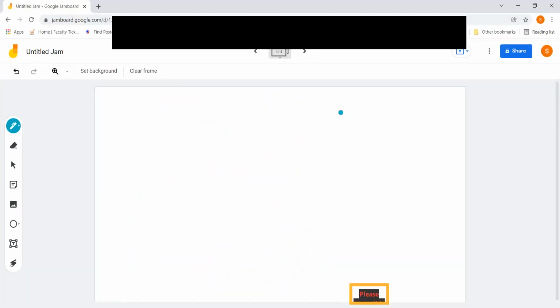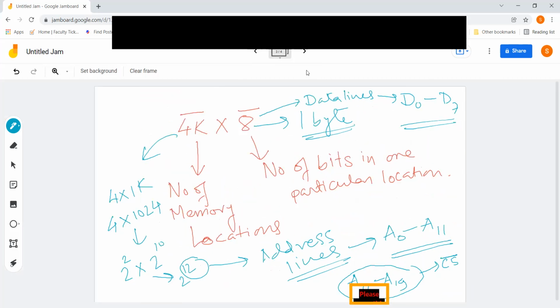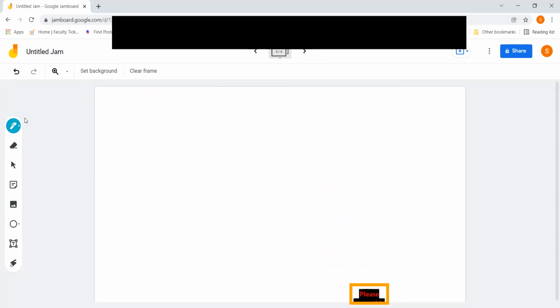Now, again, let us go to the question. So I hope you have understood how, let's say, one memory chip is there, whether it is RAM or ROM. The only difference is that one will have the read bar signal and one will not. Okay, so let us come into that. And one more thing of importance is there. Let us see how we connect the IO/M bar. Just understand that. We have 3 pins. Let us come to the smaller topic first, that is IO/M bar.